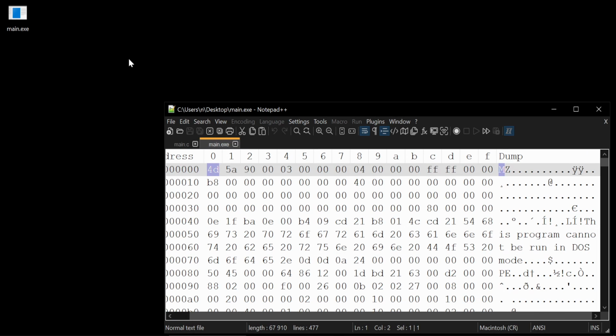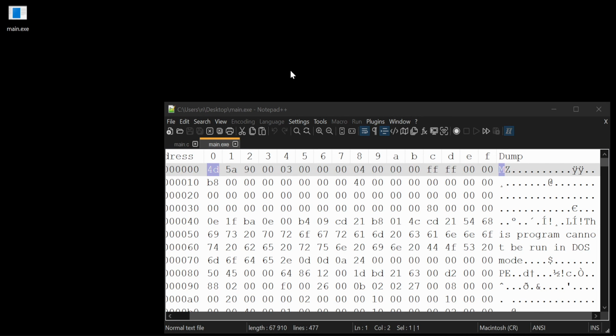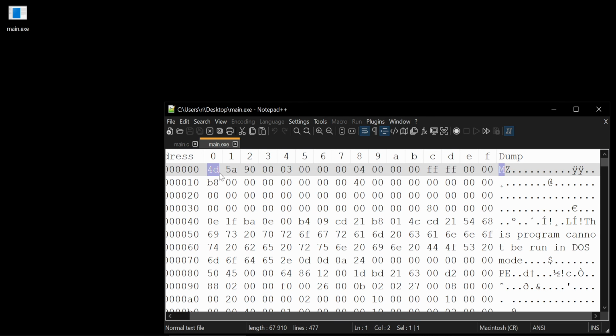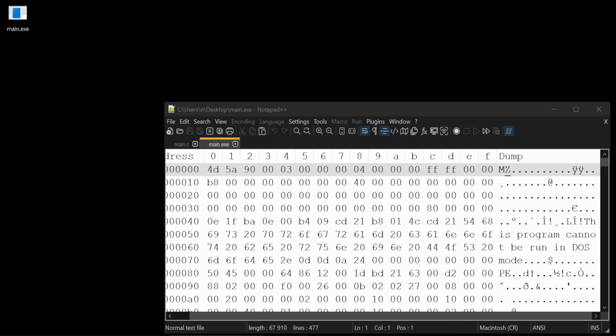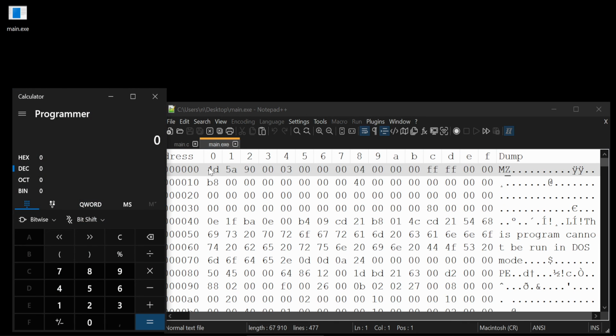So instead of looking at a big number of zeros and ones, which is much less human readable, we could see that, okay, 4D, 5A, and if you want to understand which bits are inside, so which zeros and ones, you could just put it in here, and here you see, okay, this 4D